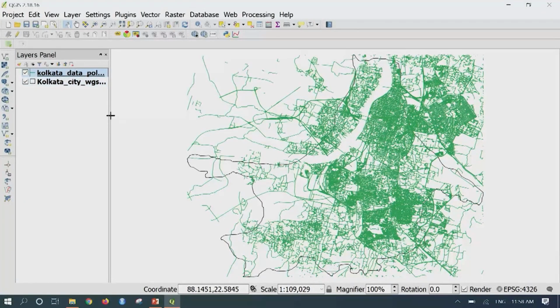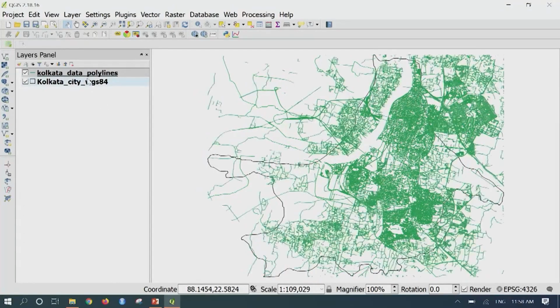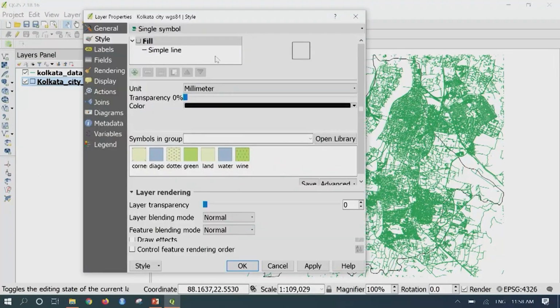So here you can see a layer has been added called Kolkata data polylines. It will automatically name it Kolkata data polylines, and it will get downloaded to the window. So something like this. Here, if you want to highlight the boundary, right click and go to properties, and